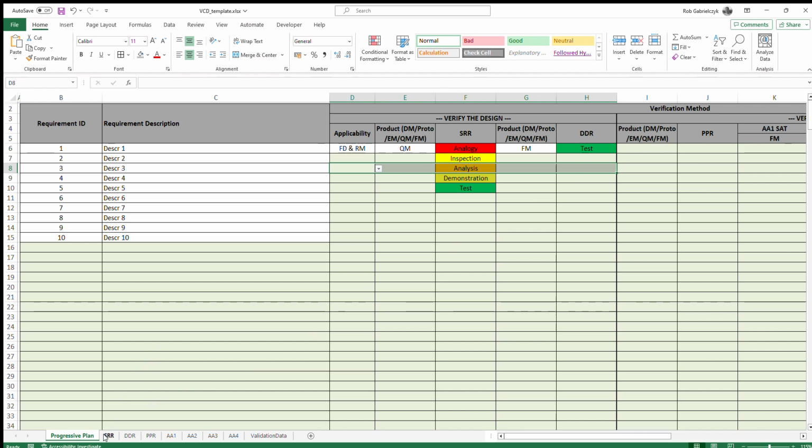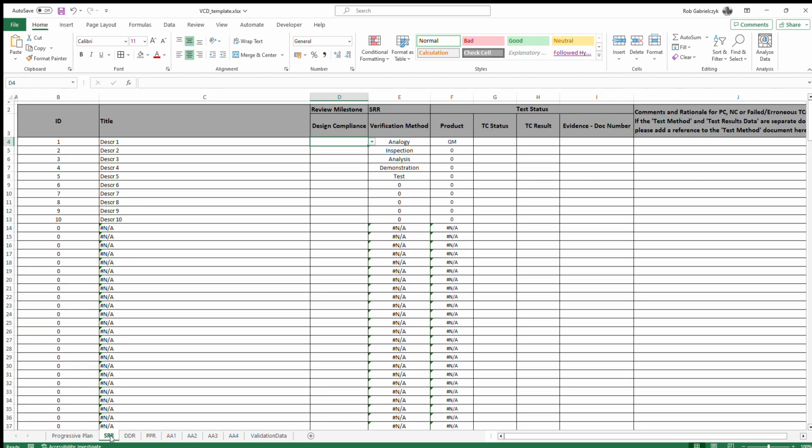We move into the other parts of this spreadsheet, where we're looking at each milestone individually, looking at the SRR, DDR, pre-production review, and then into the AAs. And we'll start with the SRR. All of these sheets, I should say, are basically identical. So I'll only run through one. But if we take the SRR,